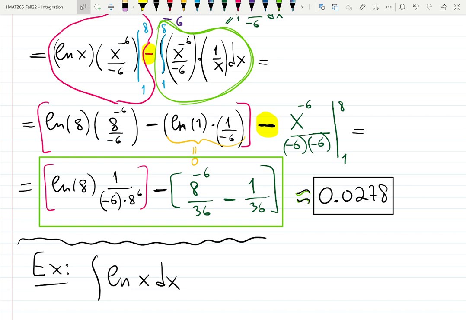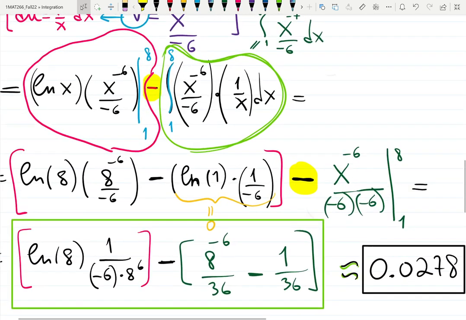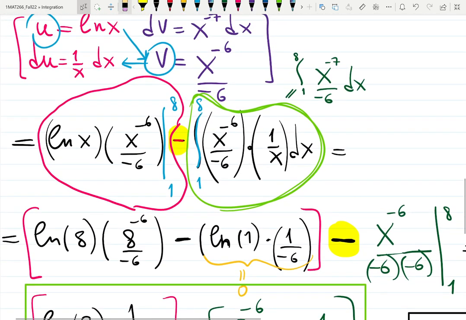Any more questions? People were too afraid to interrupt me? No? Yes? Could you please explain the second integration again? I did not understand how we got x to the minus 6. Thank you. I was wondering if someone would ask. That's a good question. So what I did was,